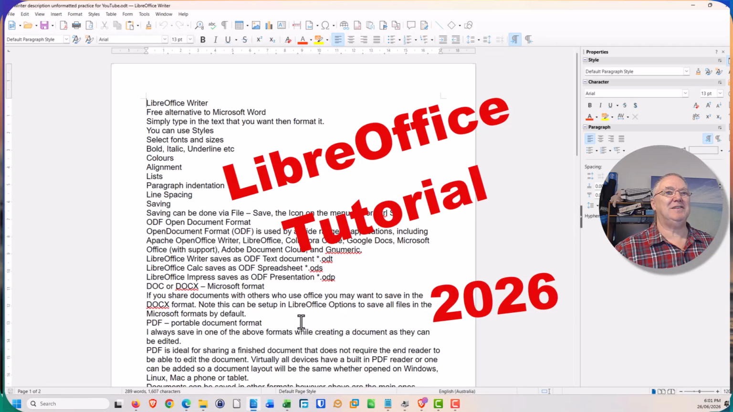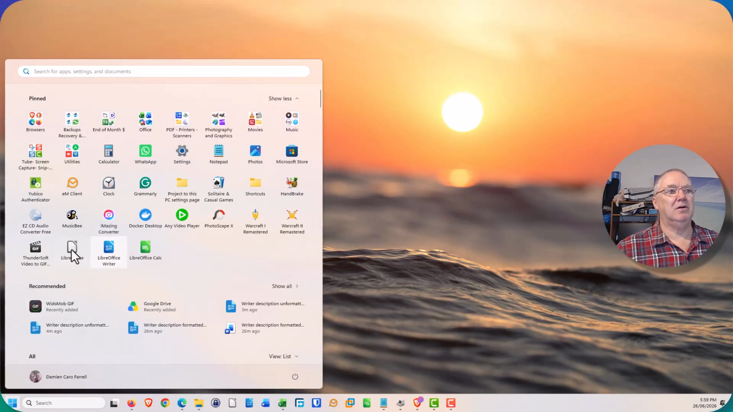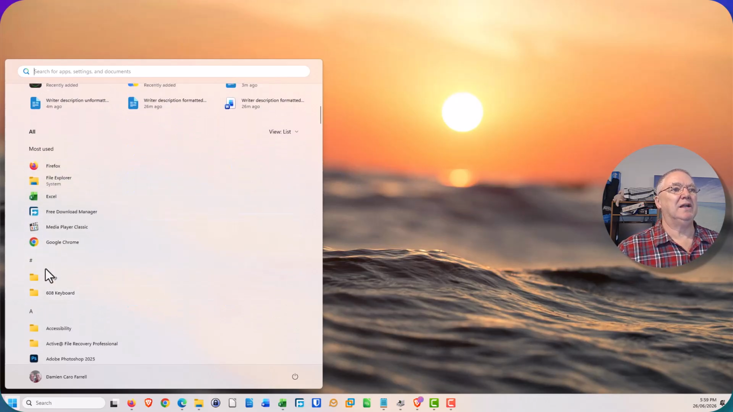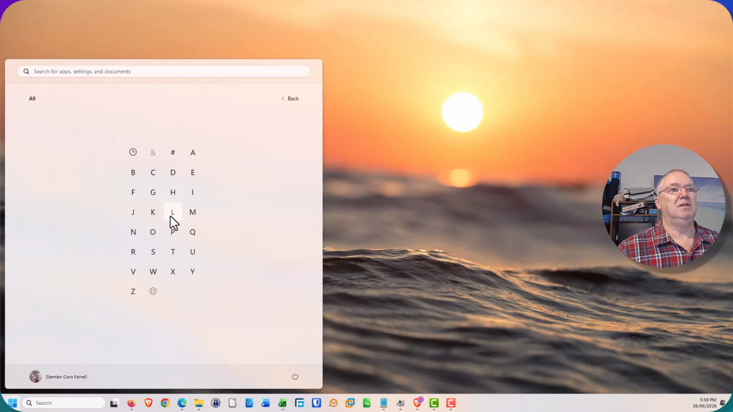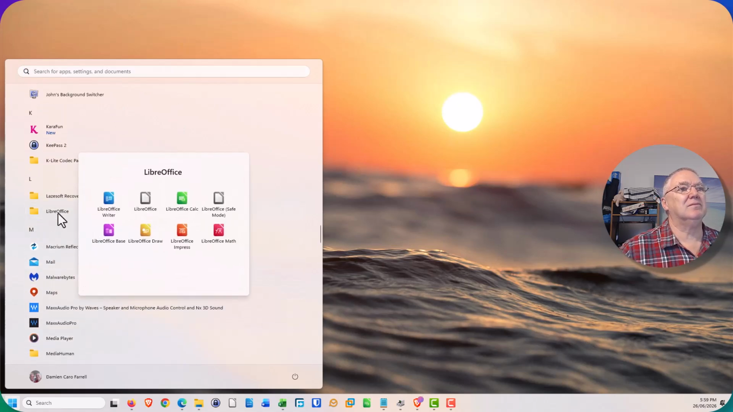This is a quick demonstration of using LibreOffice Writer, which is the equivalent of Microsoft Word, except that it's completely free and non-proprietary. So to open it up, you can go through your start menu. I've pinned shortcuts to my start menu, or I can come down to LibreOffice